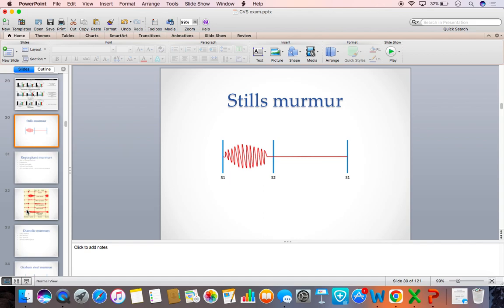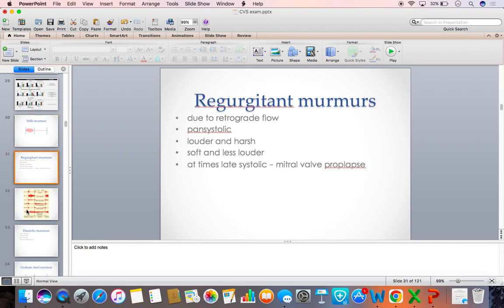Still's murmur is again a mid-systolic murmur, which is benign. Then you have got the regurgitant murmurs. They occur due to the retrograde flow of the blood from the ventricle into the atrium. The pansystolic murmur is louder and harsh, sometimes soft and less loud,